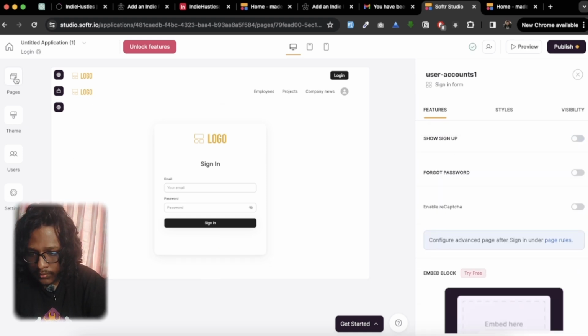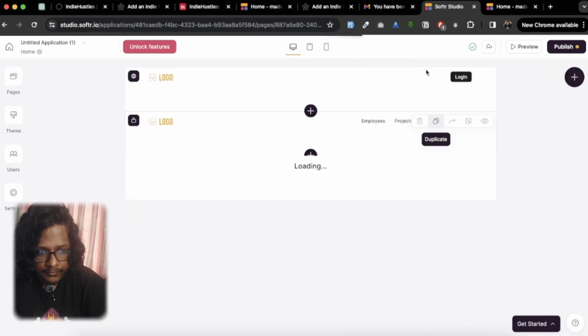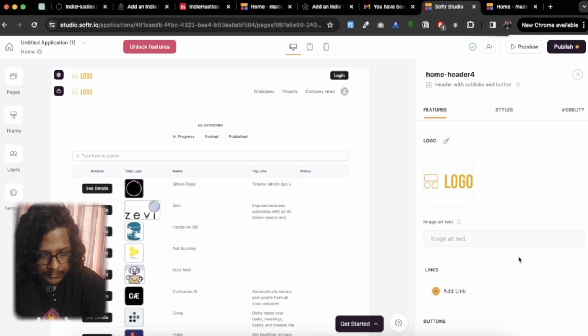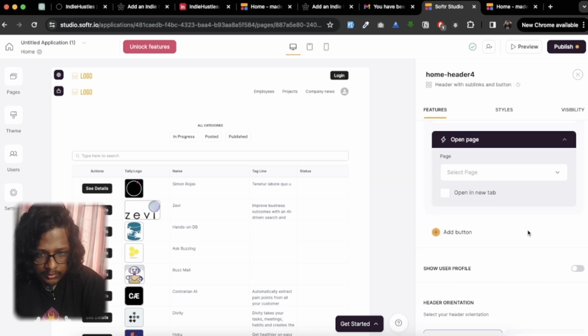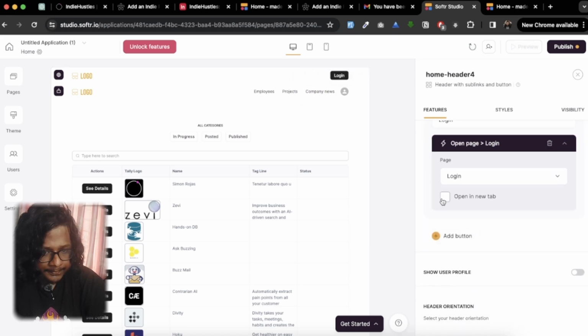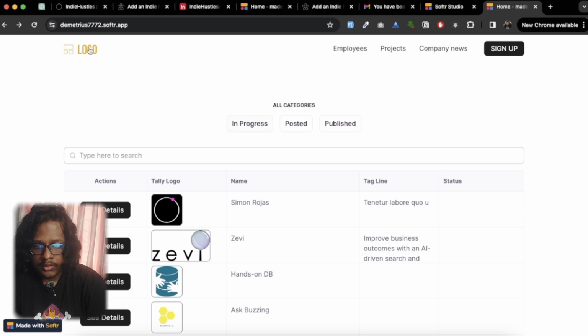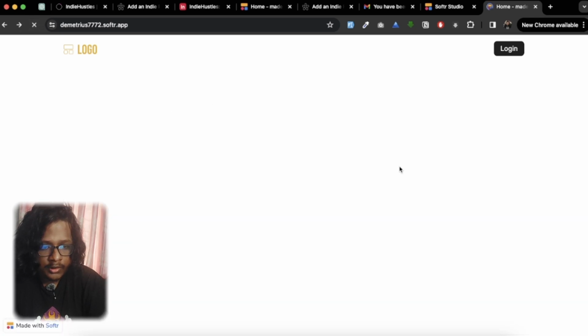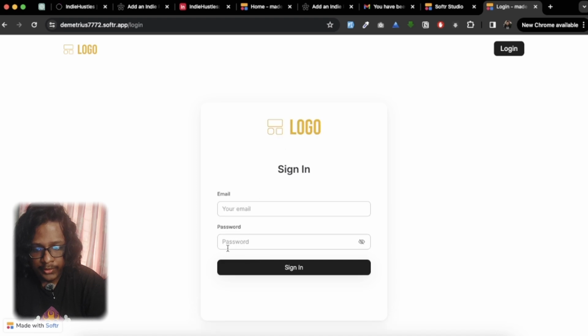So now let's go to the home page. Yeah, now we can select the login page, publish. Good. Let's refresh. If you go to login, yeah, so now you can sign in with your email and password,